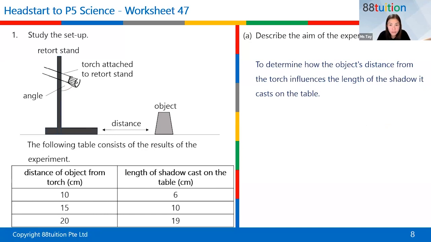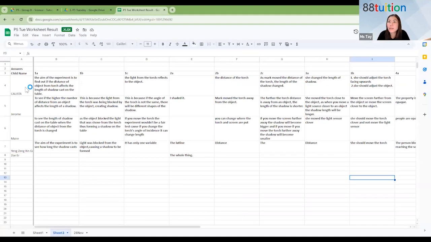Let's see how you have written this. If I show you your answer, those of you who have tried, I can see Callista tried already, then Jerome also, Myra, Grace, Zoe. Yours is partially done only. Not Zoe? Is that right? You only did some parts of it. You didn't complete the whole thing? How come? You know why I'm asking you, Zoe?